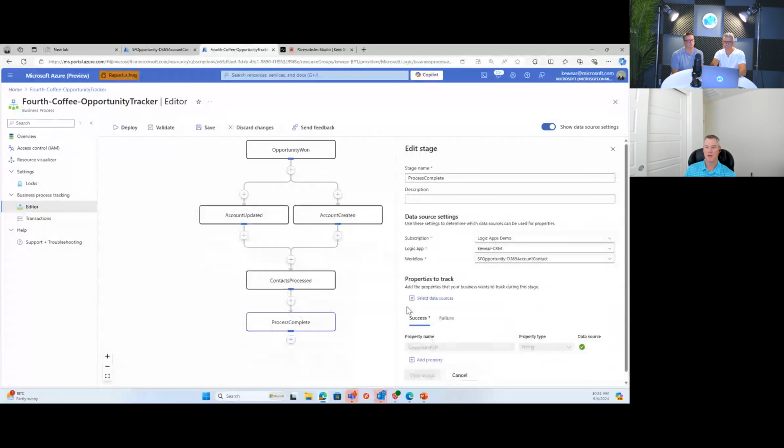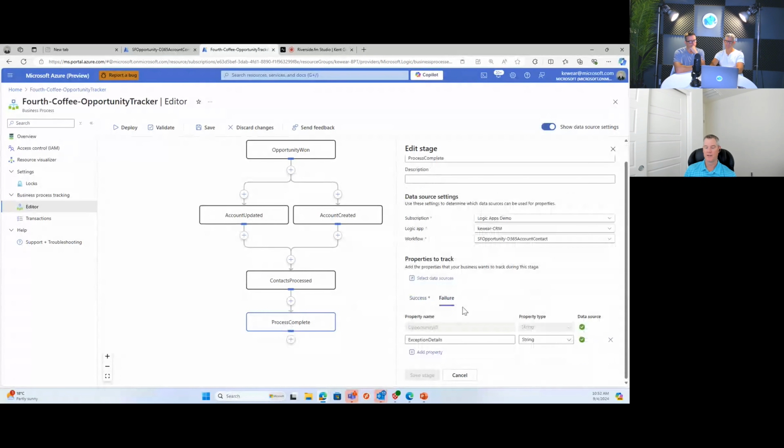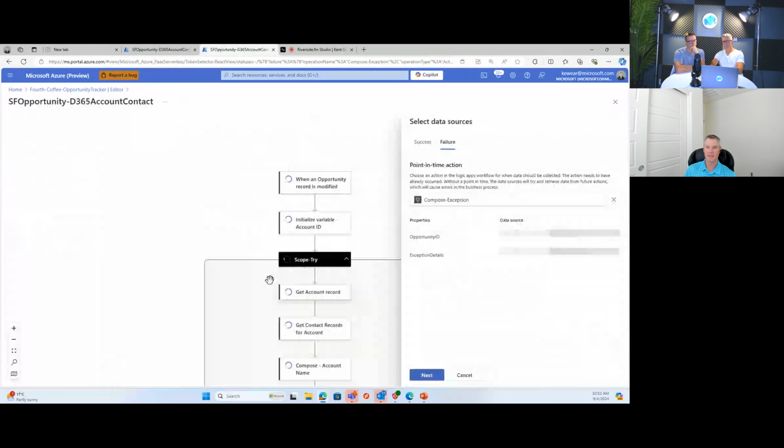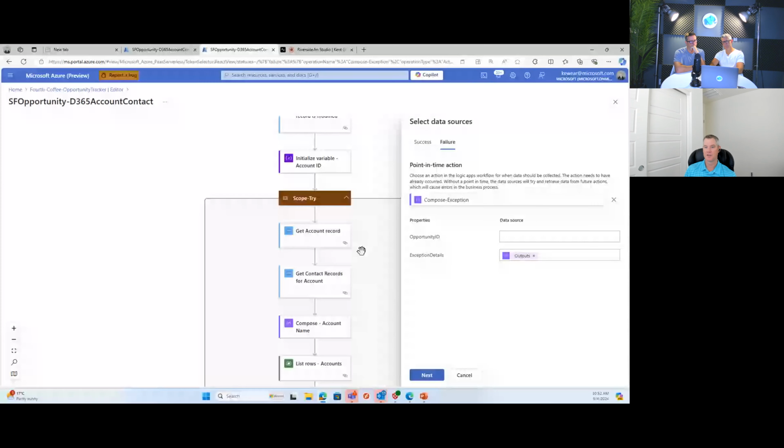With this one, I did want to indicate whether it was successful or failed. Previously I showed you the try scope and the catch scope. So this is a situation where for the failure, I want to capture those exception details. What I can do is map this to that second scope.